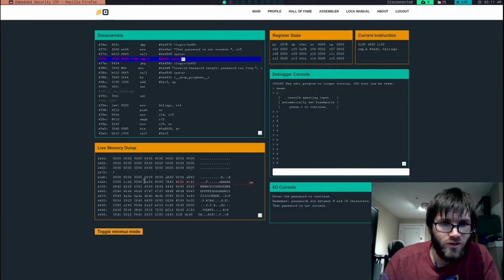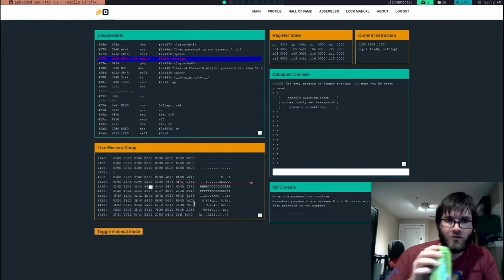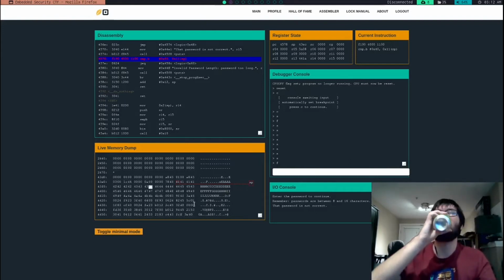2, 4, 6, 8, 10. So this needs to be 40, it seems. I'm sorry, that would be negative 11. 2, 4, 6, 8, 10, 11. This right here needs to be 40. So it seems like this is actually a stack canary,